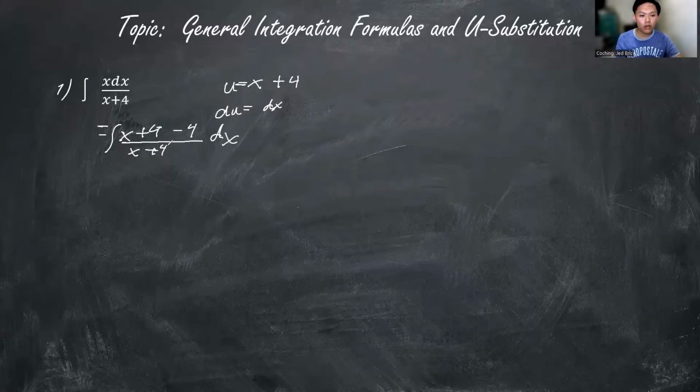And we can now simplify this. This is going to be, as x plus 4 divided by x plus 4 is equal to 1, and the remaining is negative 4 divided by x plus 4 over dx. Now we can solve this. So negative 4